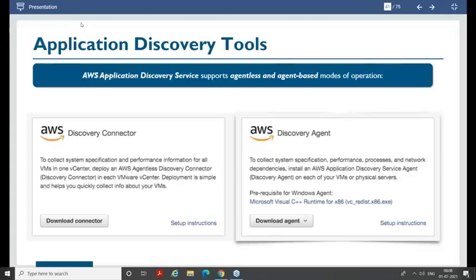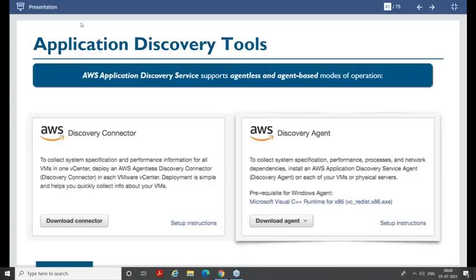Let that agent pull information about the machine and push it towards the cloud and let the analysis take place. That is your discovery agent, where an agent is installed on your servers and information is pulled from each and every server.